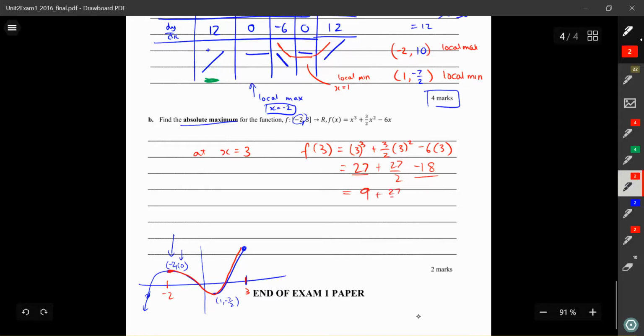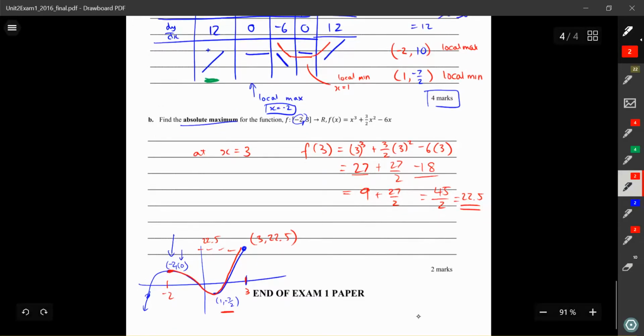Plus 27 on 2. And 9 plus 27 on 2, 2 times 9 is 18, 18 plus 27. What's that? 45 on 2? Half of 45 is 22.5, which is clearly larger than the 10. So at 3, you've got 22.5. So clearly x equals 3 has to be the highest value, because the minimum was at negative 7 on 2,